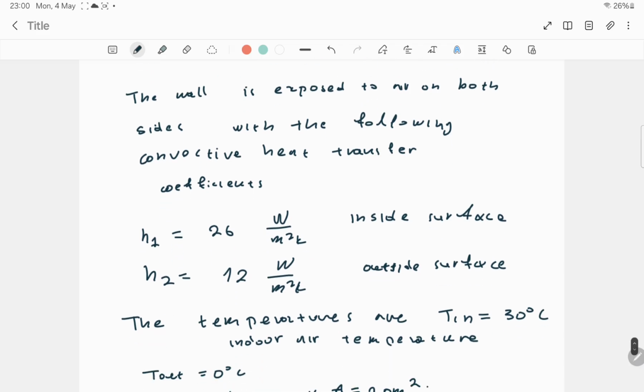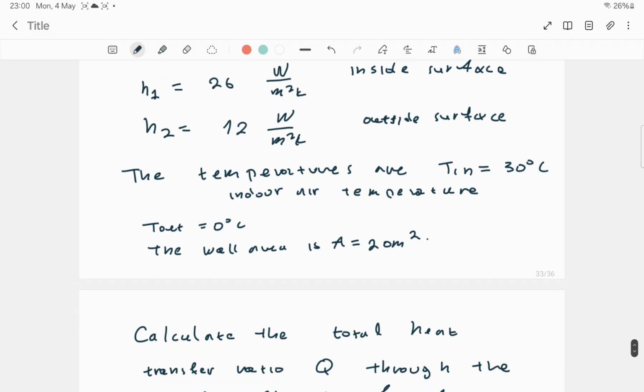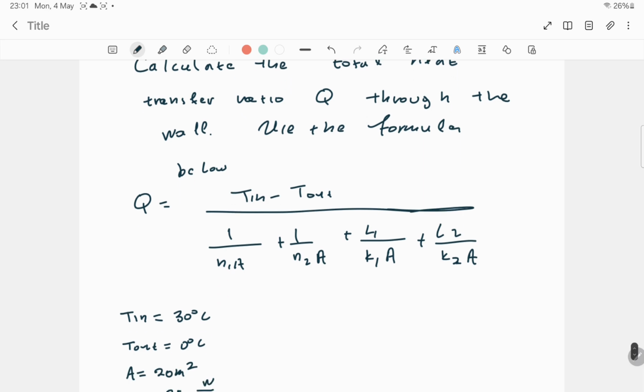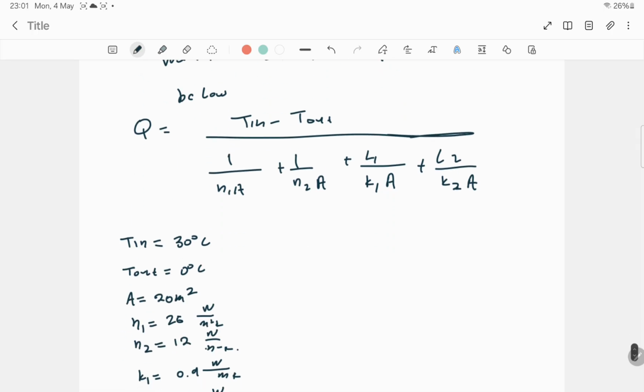And then we have these heat transfer coefficients, H1 and H2. We have the values for H1 and H2. We have the indoor temperature, which is 30 Celsius degrees, and the outdoor temperature, which is 0 Celsius degrees. And we have the surface area of the wall, which is 20 meters squared. And we want to compute this heat transfer rate through the wall, and we need to use this formula. So basically Q is going to be in watts,